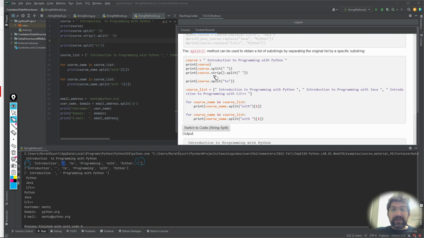We just strip our text, strip this code from the initial and final white spaces, and then apply the split on that stripped version,